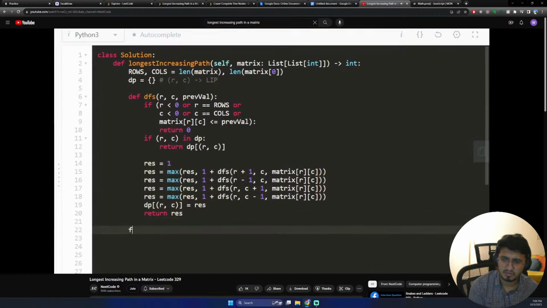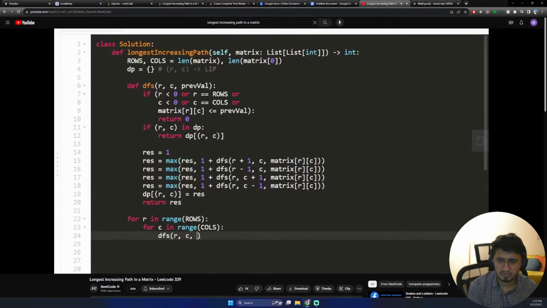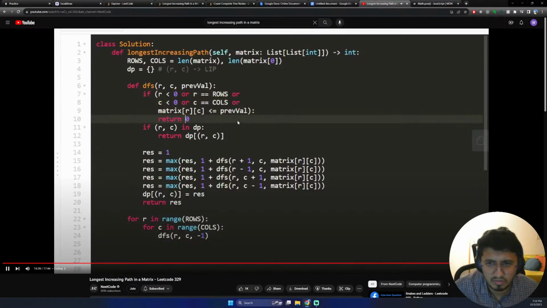Now that we've defined our DFS, all that's left is to actually call it. And remember, we want to run DFS starting from pretty much every single position in the grid. So we can do a nested for loop to do that. So go through every row, go through every single column. When we do that, we also want to run DFS on every coordinate. And what's the previous value that we're going to pass in for that? Well, we know that every value in the matrix is going to be 0 or greater than 0. So a default value we can pass in for the previous value is -1, because we never want this to return if we're looking at like the first value, right? And so if we pass in -1, this